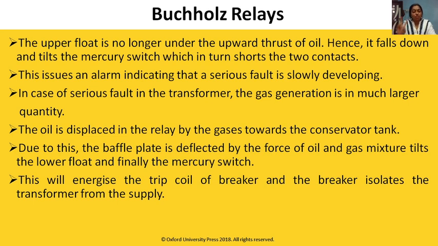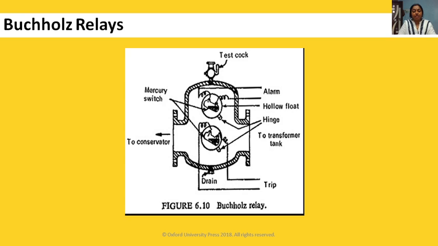Now in this, as we have two mercury switches, one at upper level. Now we can see here, we are having two mercury switches. This one is one mercury switch, this is the second. This upper one gives alarm, while this lower one gives tripping signal to the circuit breaker. When this upper switch will act,